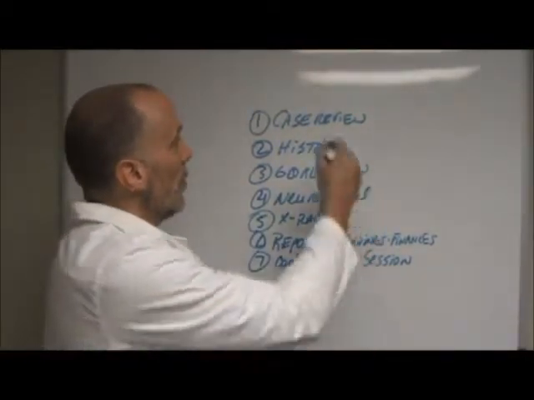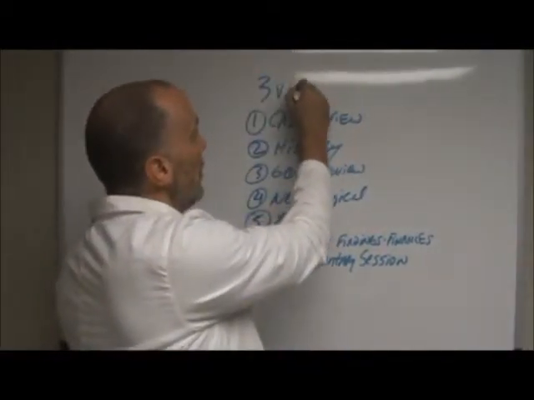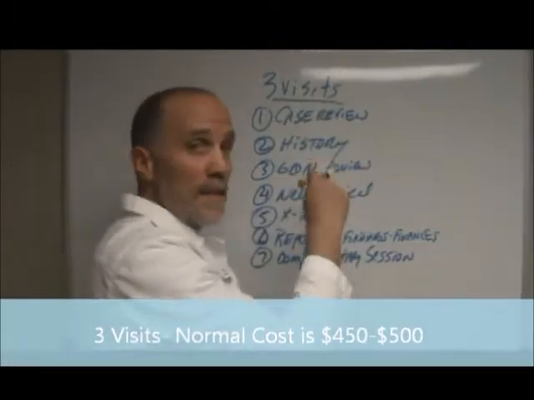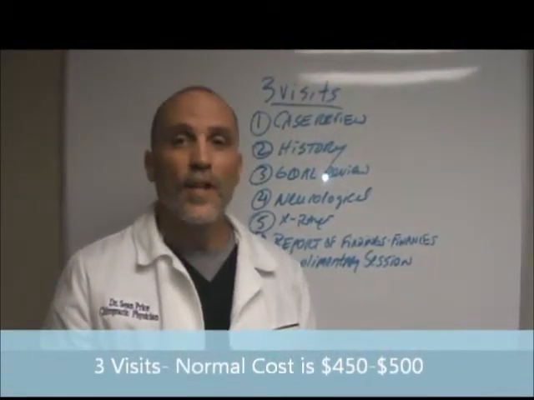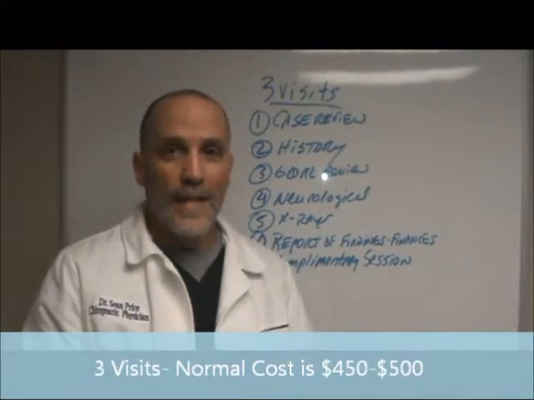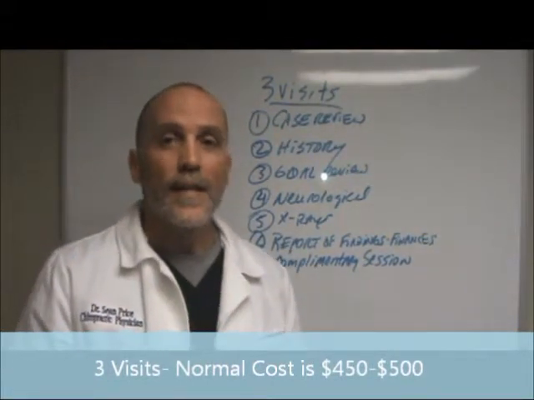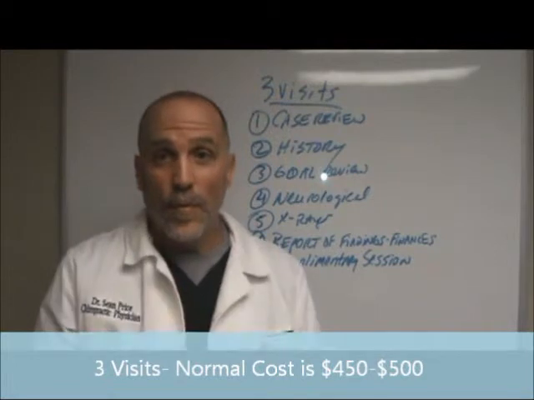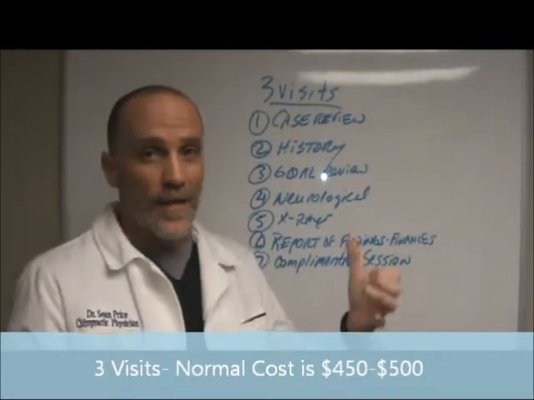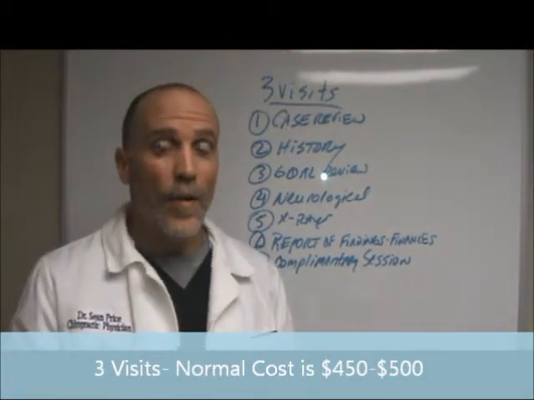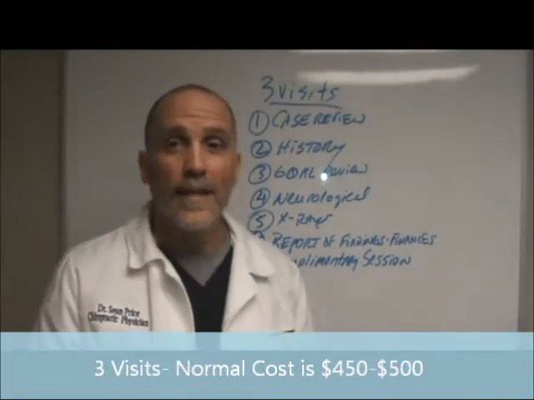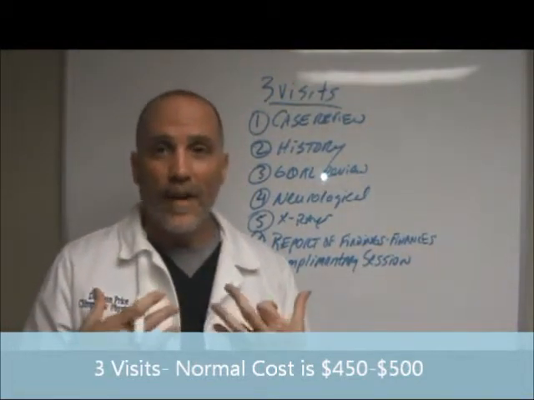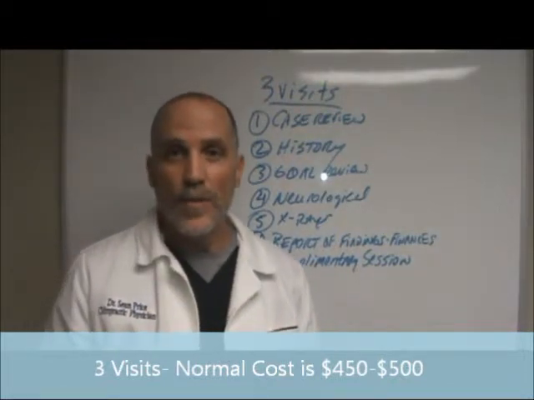So this is a total of 3 visits. The first visit is where we're sitting down and talking and reviewing everything. Then I'm going to take all that information and I'm going to sit down and write up your report of findings and write up your plan for what we're going to do for you. On the second visit, we're going to sit down, we're going to talk about that report of findings. I'm going to explain to you exactly what's going on, show you what your plan is, and then the third visit, you're going to come in, you're going to get the complimentary treatment to see what you want to do.